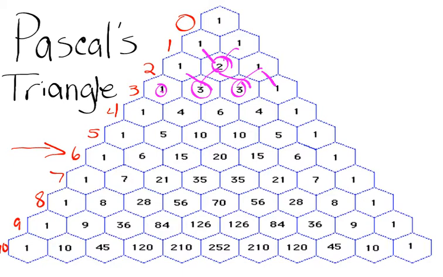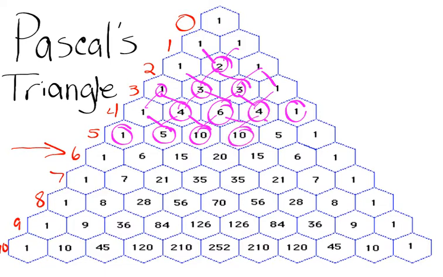Go to the next row. Start with a 1, 3 plus 1 is 4, 3 plus 3 is 6, 3 plus 1 is 4, and the outside is 1. Fifth row, 1, then 1 plus 4 is 5, 4 plus 6 is 10, 6 plus 4 is 10, 4 plus 1 is 5, and then the outside 1. So you see